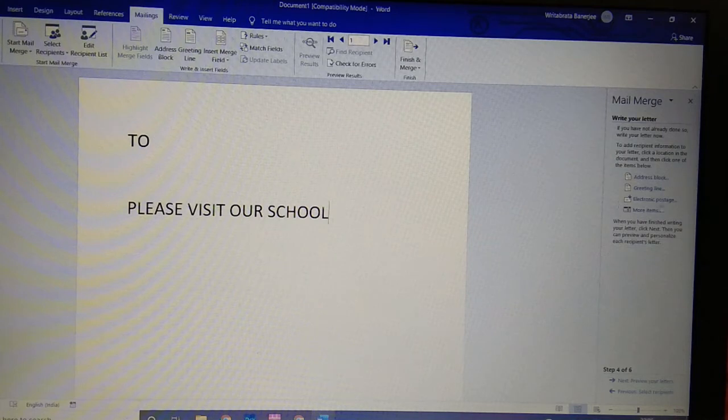Next, here you will get 4 options, that is address block, greeting line, electronic postage and more items. First, click on the line between the top and this, please visit our school. Just click in between the 2 lines and then choose this option, more items.